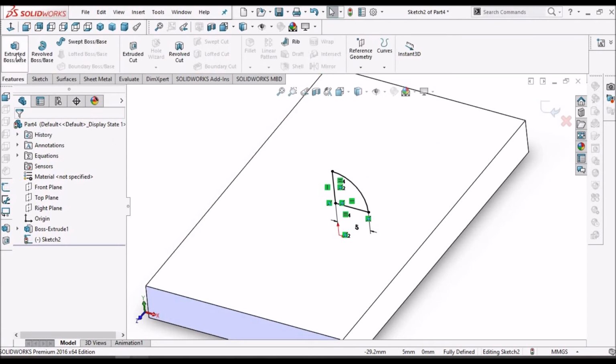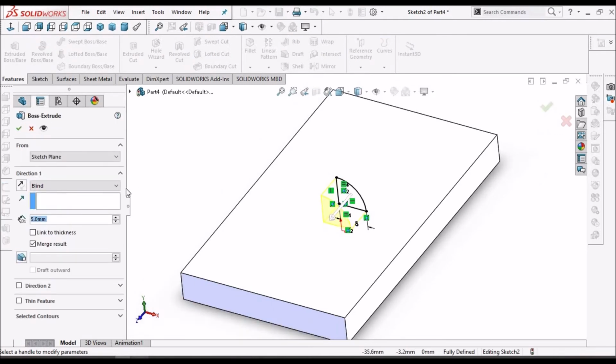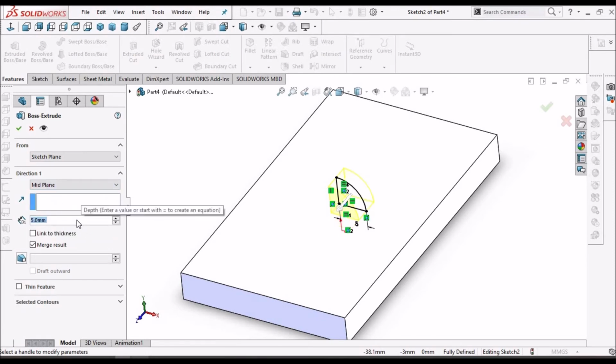So go to feature and extrude. Keep it mid plane. Give it 20.